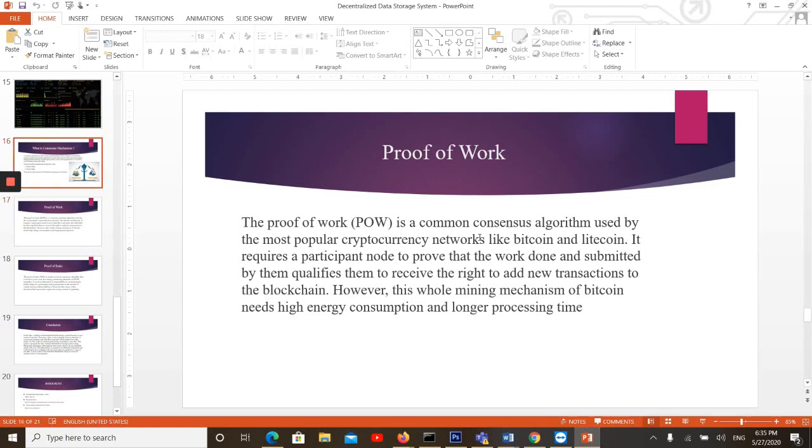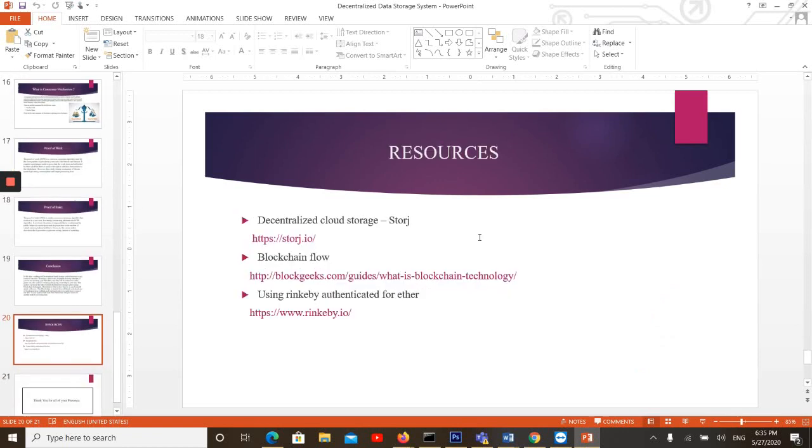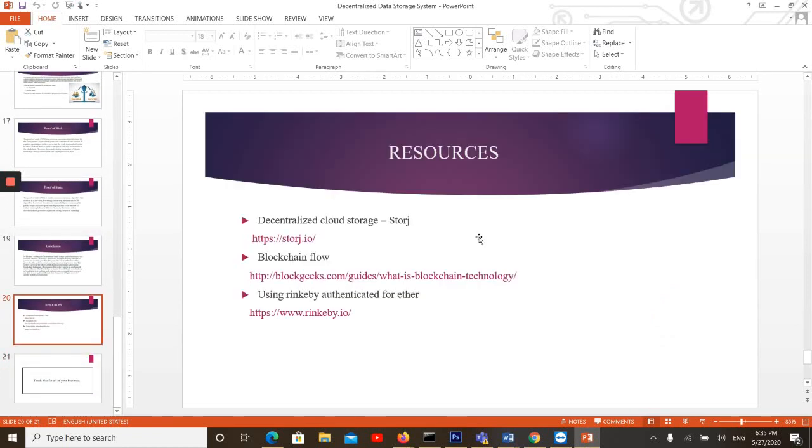We are trying to make a decentralized data storage system. I just tried my best to make this system, because I have been working in blockchain for the last year, and this is my idea. I think this is my novel idea for making a decentralized storage system